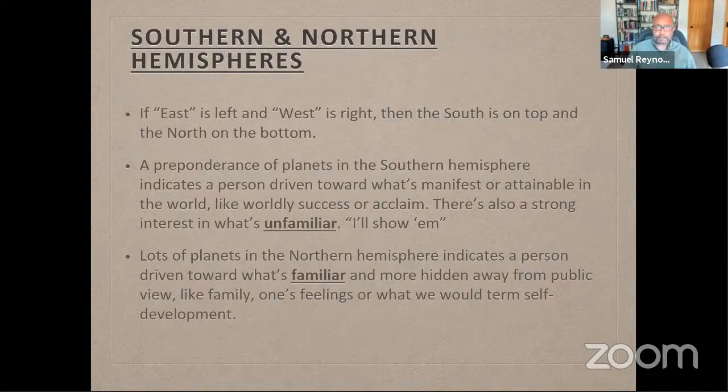Similarly, just as a contrast, you can have a high Southern emphasis, and even though you may be attentive to home and family, say like the chart of Ted Kennedy had a very strong Southern emphasis. So his life was very public and drawn to being involved in the public, but also had the same sense of the family, you know, as the Kennedy dynasty.